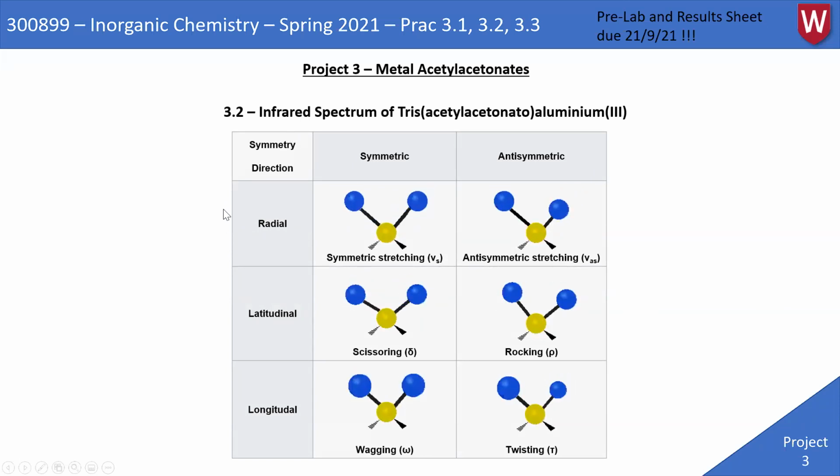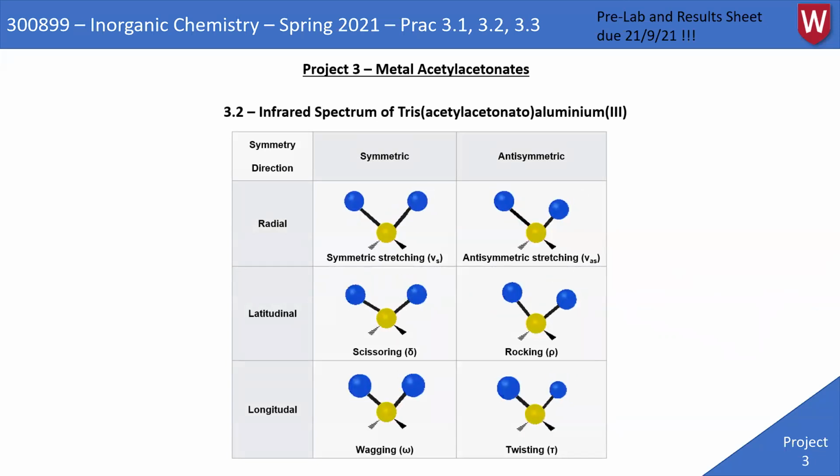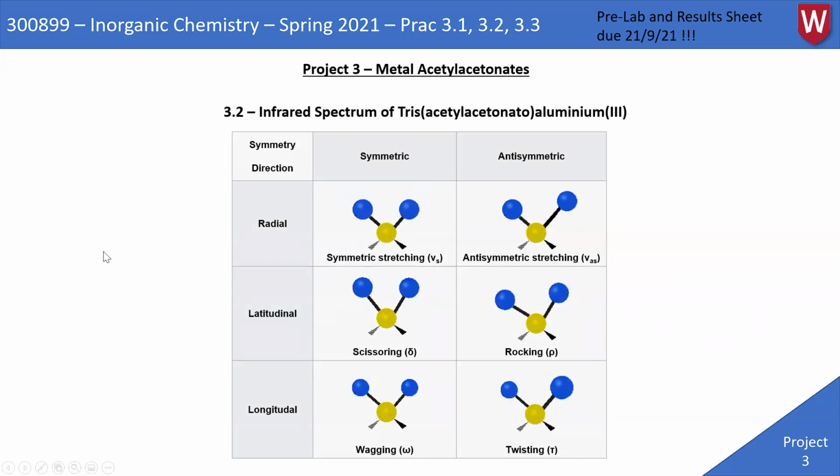So in here we can see various modes of vibration that we measure in IR. It can be linear stretching, which you can see in the radial row at the top, which is just away and towards the central atom. But it can also be scissoring, rocking motions, and also wagging back and forth perpendicular to the bond axis. So all of these bonds will have an oscillation that absorbs energy of a certain frequency, depending on